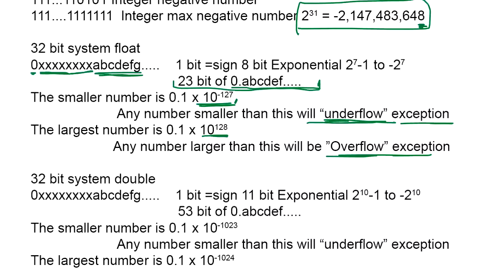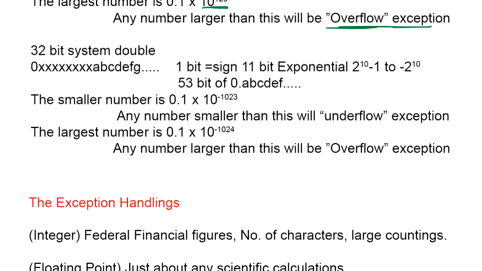Okay. So in the 32-bit system, double is a double floating point system. The exponent part is expanded to 11 bits, and the details are 53 bits. Usually this is used to get more detailed, accurate results, but it also has the advantage of having a wide exponent range. Okay, so the smallest number is 10 to the